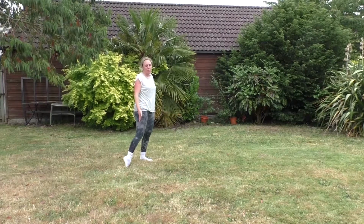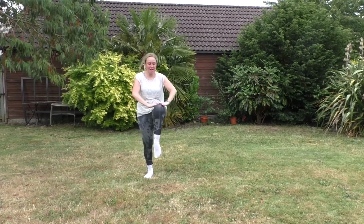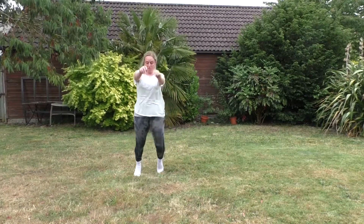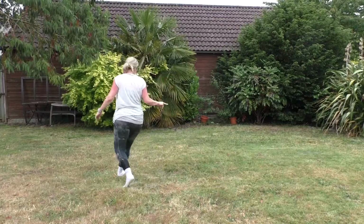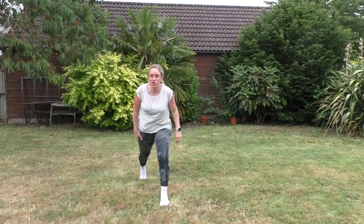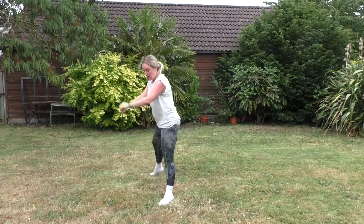4 walks, but you're going to step on your left leg again, and your right knee is going to come up. You're not going to catch it, but your hands are going to be placed on the top of your thigh. So it comes to here, then you're going to push that leg back, and you're going to do a big step back, back, forward, forward. So you come around, so you step onto your left leg, you catch your right knee, you push back, back, forward. So you don't step this leg together, your left leg is going to come in and drop to the